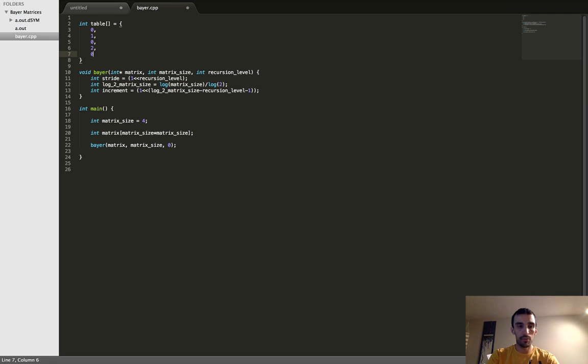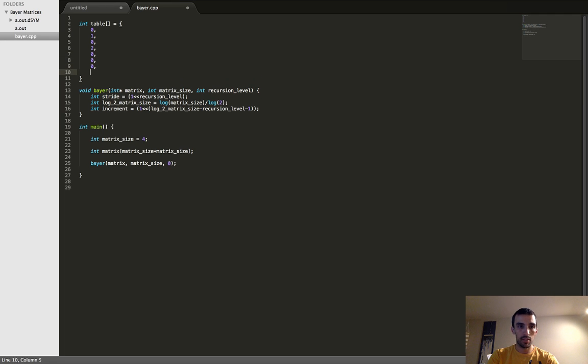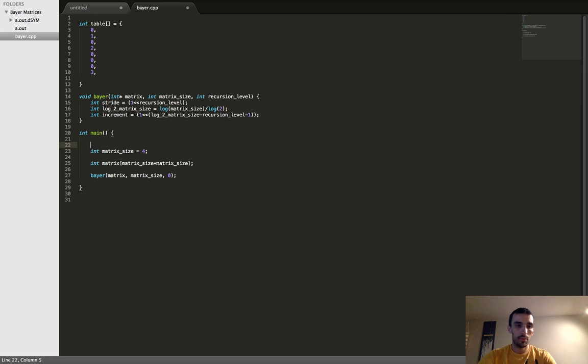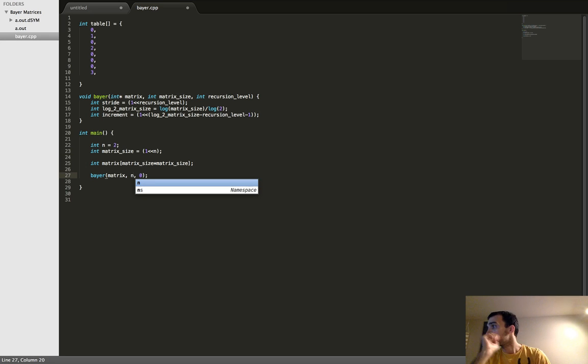There's no value for 5, 6, or 7. See, so it's sparse. And here's the value for 8. But this will still work if, instead of passing the matrix size, I pass int n. N equals 2, and then matrix size is 1 left shift n, and then I pass n instead of